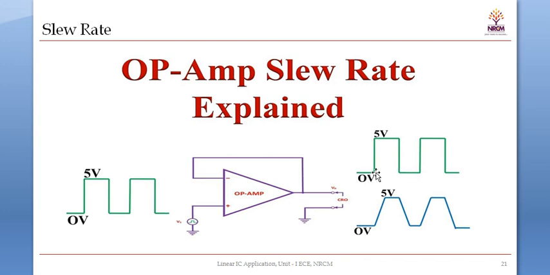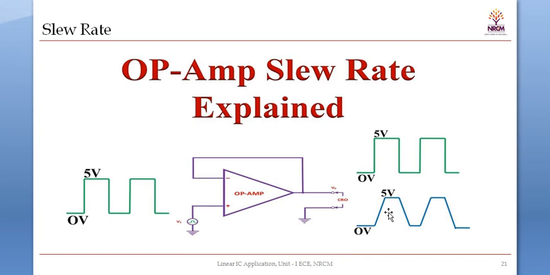If the slew rate is 2 volt per microsecond, after 1 microsecond it will attain 2 volt. Again after 1 microsecond it will attain 2 volt, and after 0.5 microsecond it will attain 1 volt. So approximately 2.5 microsecond it will attain the maximum value of the square wave. It will take 2.5 microsecond to reach 5 volt. Again it will take 2.5 microsecond to reach here, and it is going to produce a trapezoidal type of wave